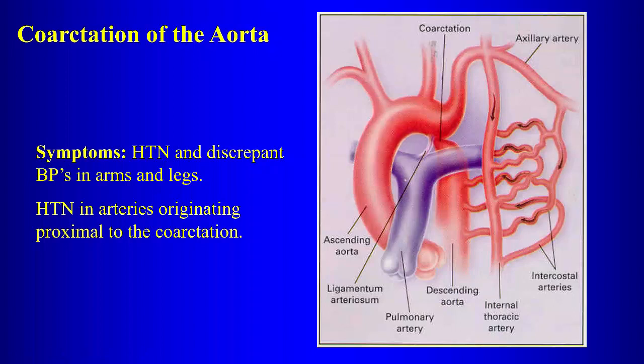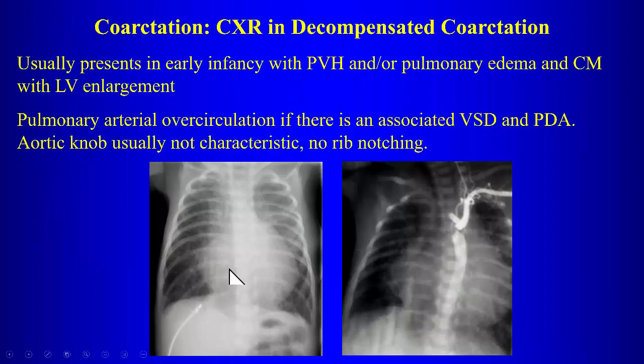The other side? Only on the right side, yeah, because the left side is not in the high pressure region of the circulation. Okay, so that can be a way to approach questions about what side you get rib notching, depending on where the coarctation is located. So venous hypertension, pulmonary edema, cardiomegaly, of course, if it is severe,